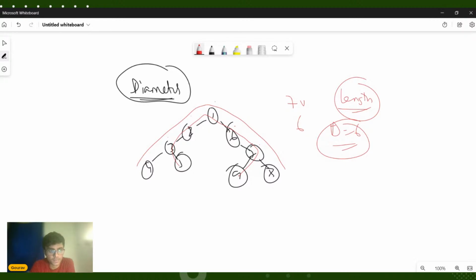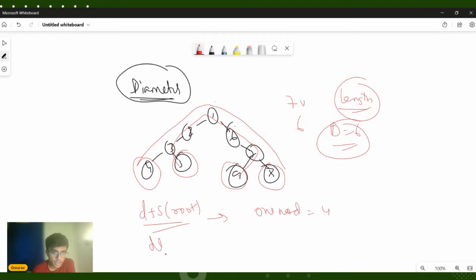Okay, so let me tell you. What we will do is run a DFS algorithm from the root of the tree, and then go to the farthest node from the root. Let's say I reach this particular node because it is the farthest node from the root. We can also reach this node, and this one, and this one as well. But once we reach the farthest node of the tree, we will store that node. For example, let's say one such node is 4.